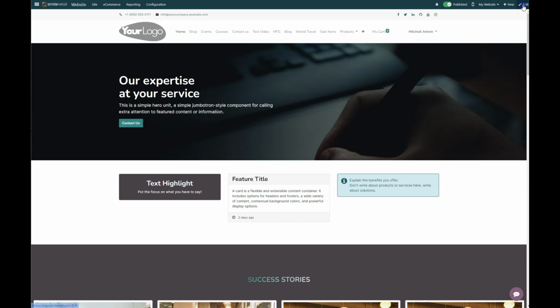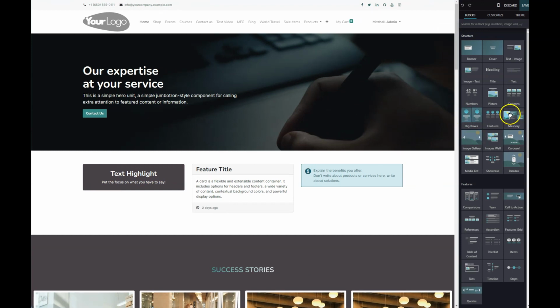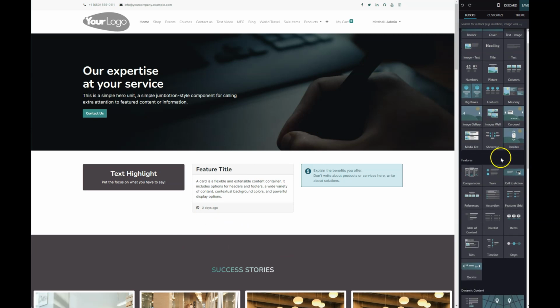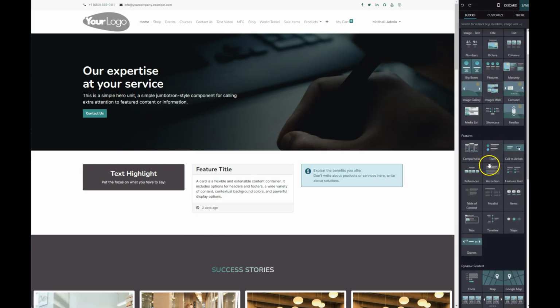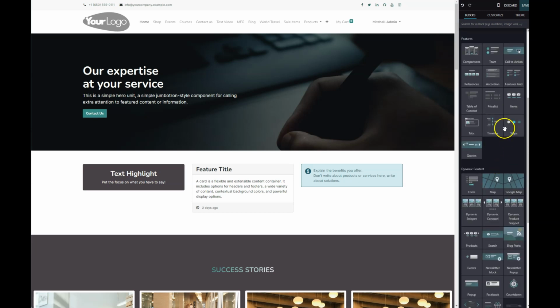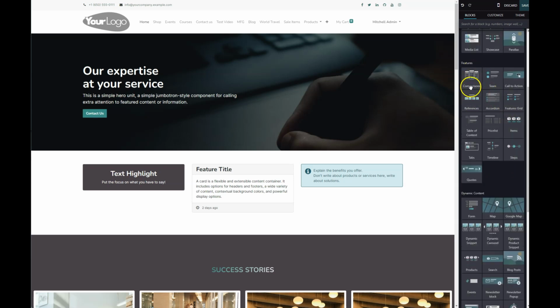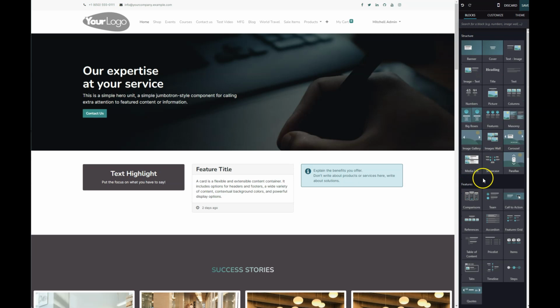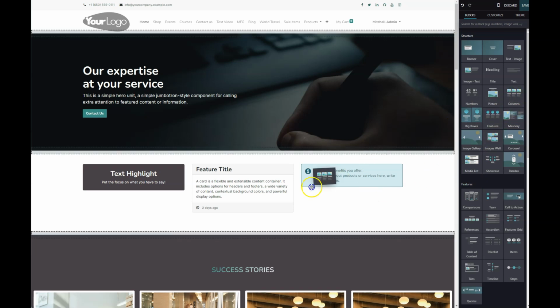So I'm going to pull up the editor and show you something that is sometimes a little bit hidden but super helpful. We have all of these predefined blocks that you can bring in, and you can see we can have timelines and steps and comparison features, and then we can have different columns or different types of things that we want to display here. For today, I'm going to pull in this columns block,